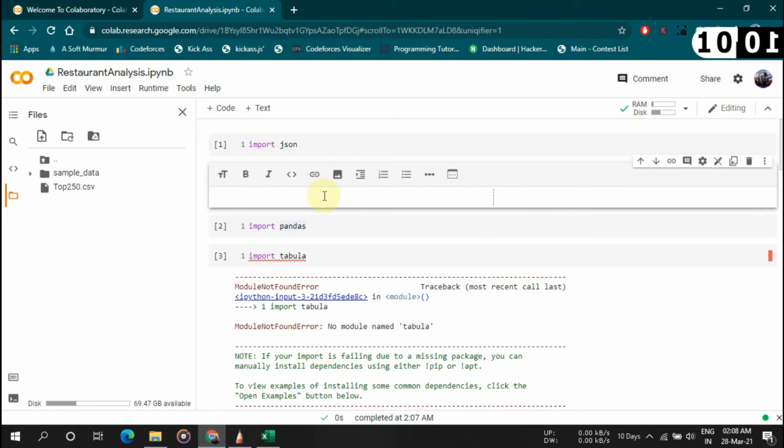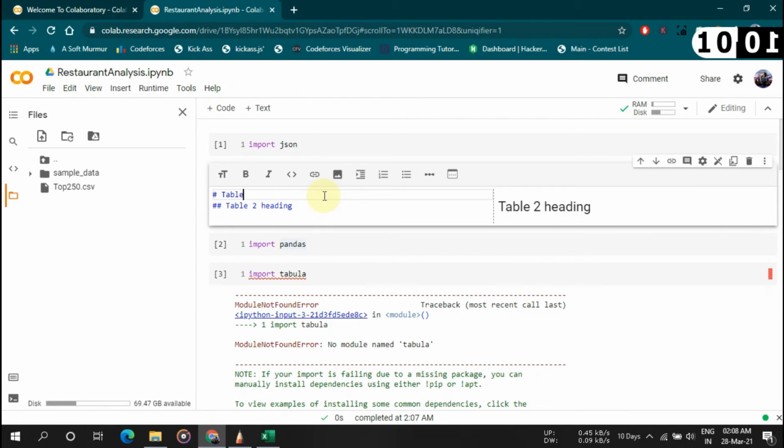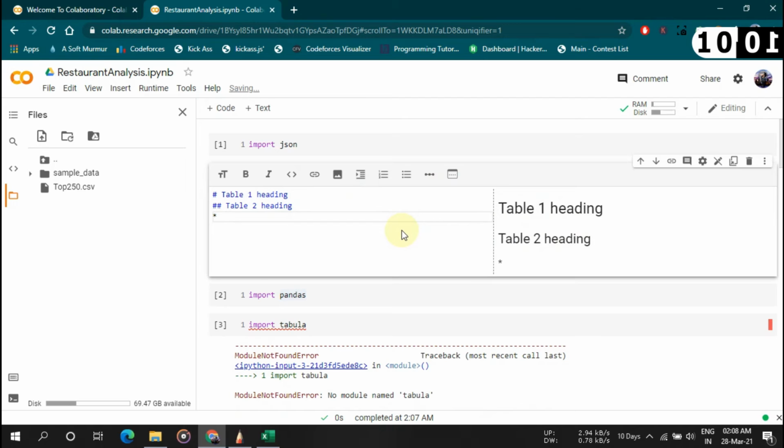Here you can see I have this text cell, and if you want, you can type here using markdown, the same as an MD file. This is a table 2 heading, and there is a table 1 heading. Okay, if you want to use it, you can see here also how it is written.